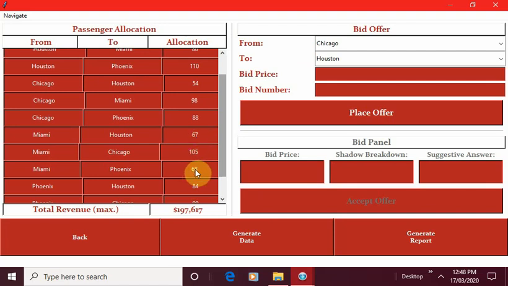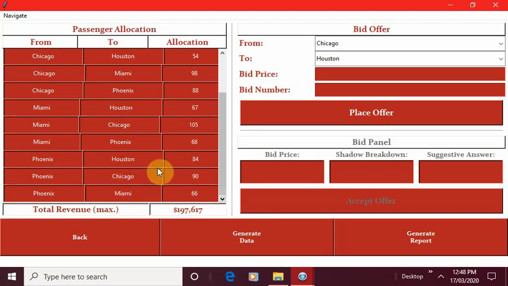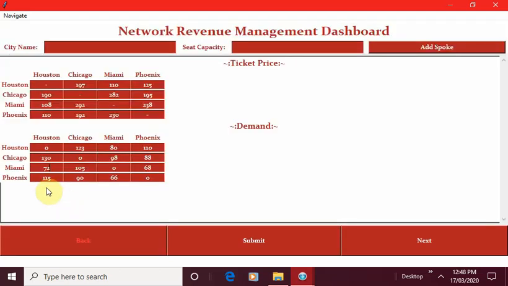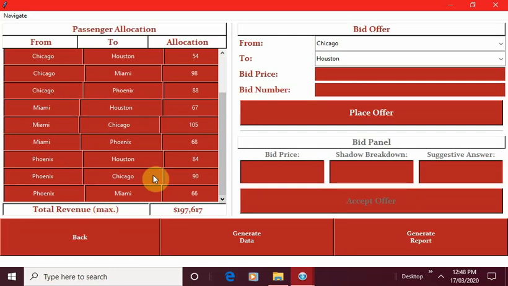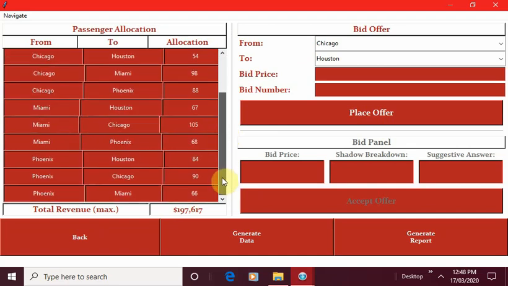And the rest of the figures were the same. And then we'll see Phoenix to Houston, which is 84. Let's go back. Phoenix to Houston, 115 was the demand, but only 84 has been allocated to them. And the rest of the figures are the same because the ticket prices are higher than this one. So this is the allocation, and this is the total revenue generated for